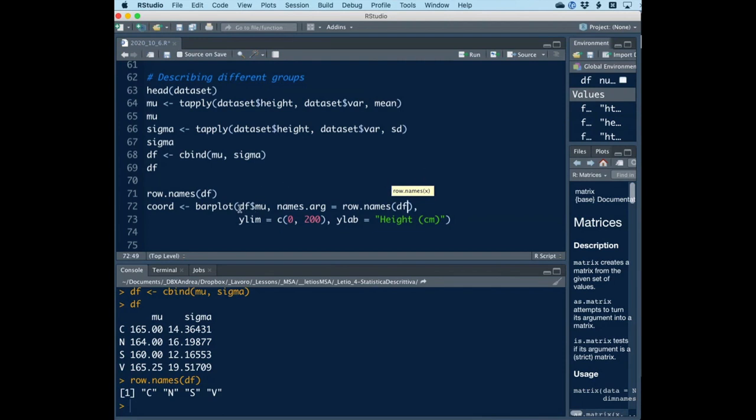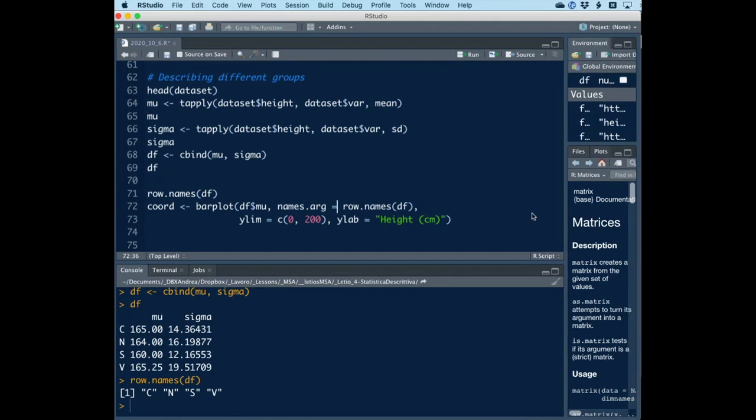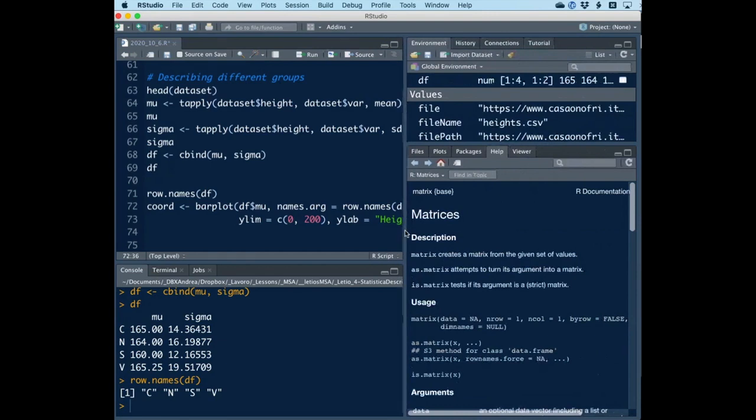So first argument, the mean. Second argument, the names to write below each bar, which are taken from the names of the rows in the original matrix. Then we write the range for the y-axis, which goes from 0 to 200. And then the label for the y-axis. Right? Now I have to enlarge this part here, run the command,